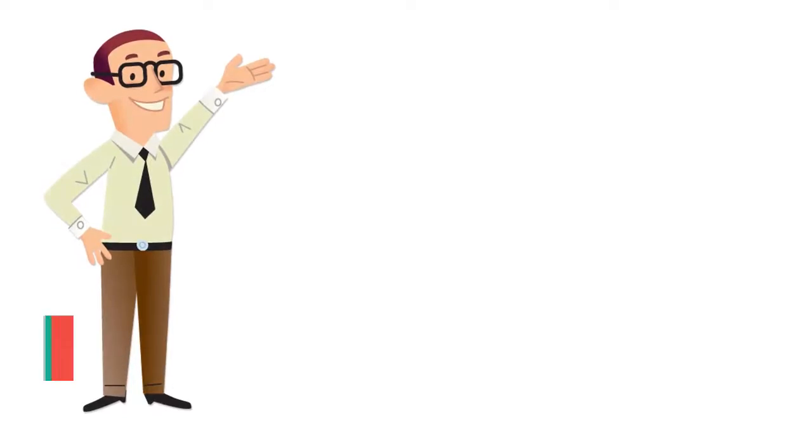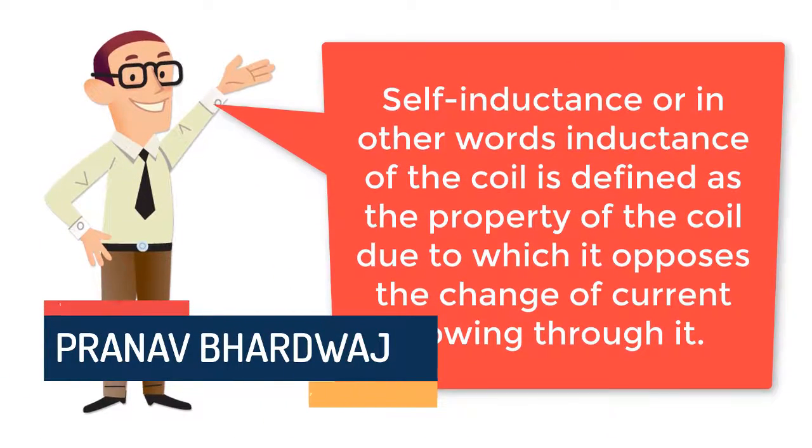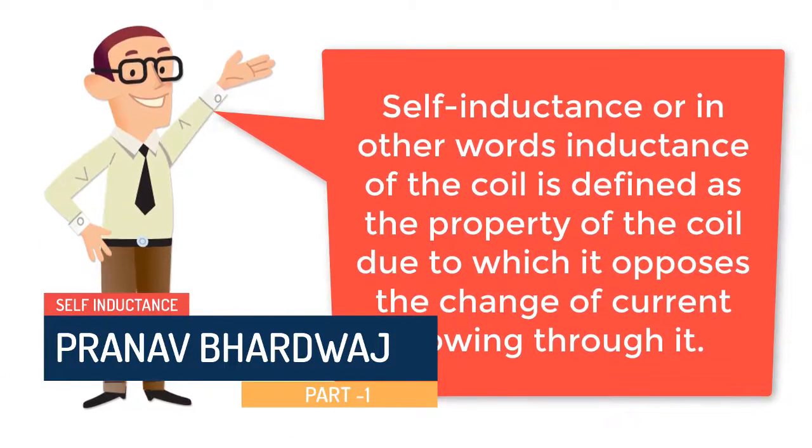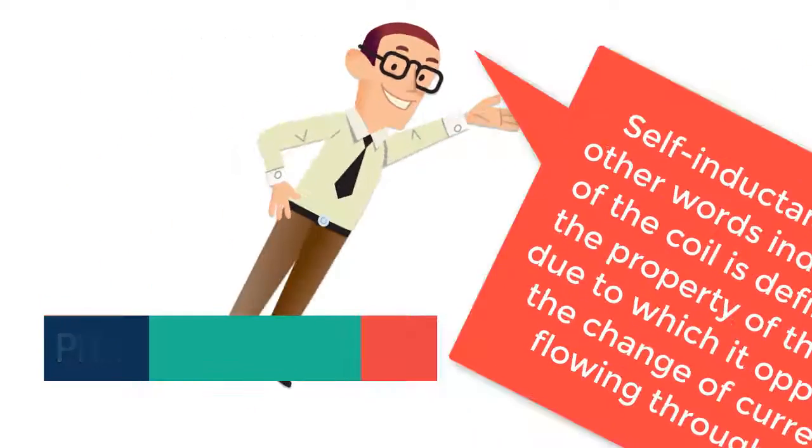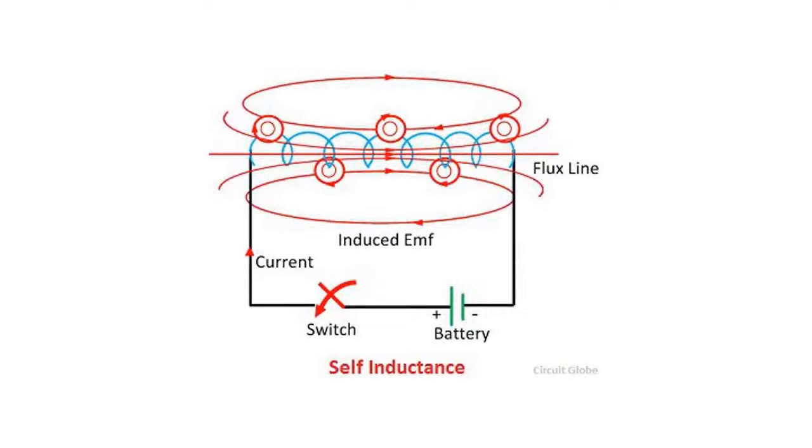Self-inductance, or in other words, inductance of the coil, is defined as the property of the coil due to which it opposes the change of current flowing through it. Inductance is attained by a coil due to self-induced EMF produced in the coil itself by changing the current flowing